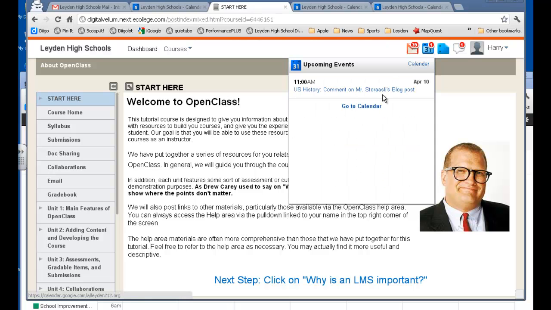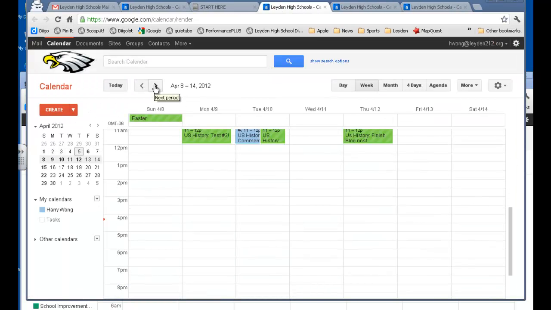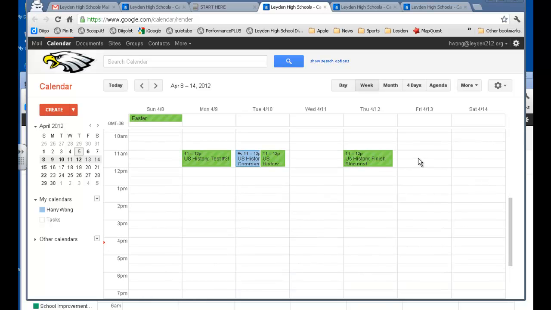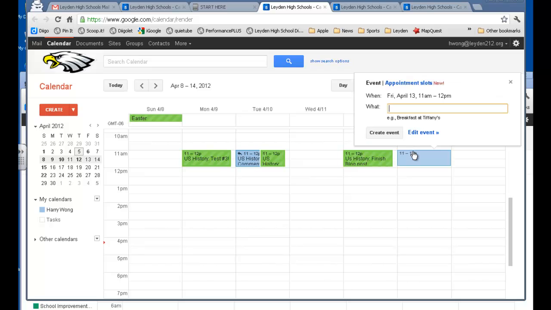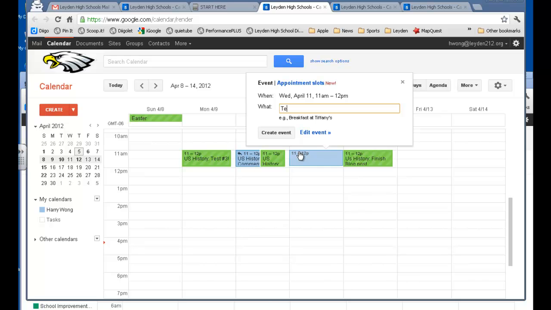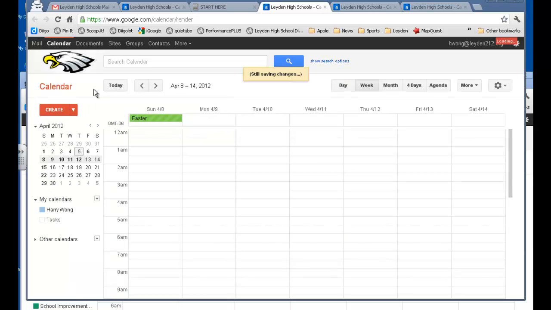They can click on the calendar icon, go to their calendar, and let's say, okay guys, I just want you to write down or mark down we're having a test on the 13th, and put it in, and here I am as a student. Again, as a student, they would click on here, add the event. Actually, I'm going to add an event that's a little bit closer. Let's say it's on the 11th, we're having a test on Unit 3. Alright, and the student could save it right there or add any details, but when they save it,